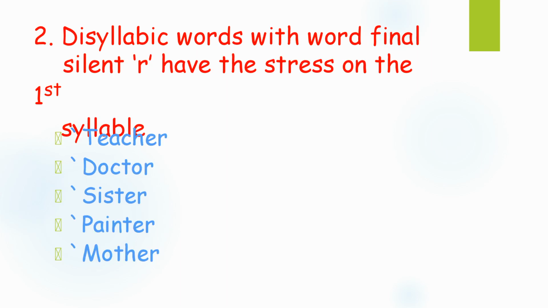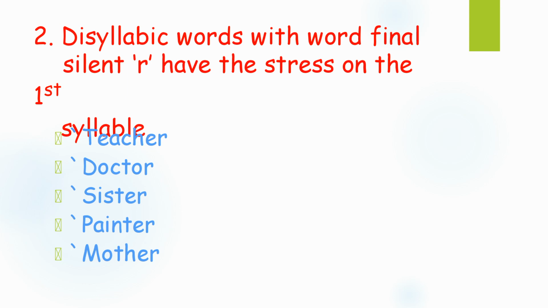Next, rule 2. Rule 2, you see: disyllabic words with word-final silent R have stress on the first syllable. Now we have come to the disyllabic words. It means there are two syllables, the first syllable and the second syllable. If you take the example teacher, T is the first syllable, cha is the second syllable. So which syllable should be stressed? For that, if a disyllabic word is ending in the letter R, generally we know